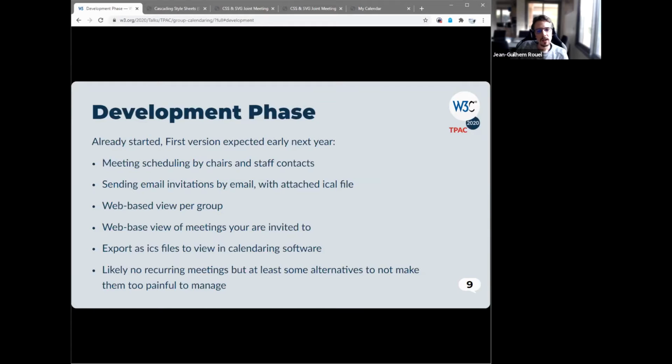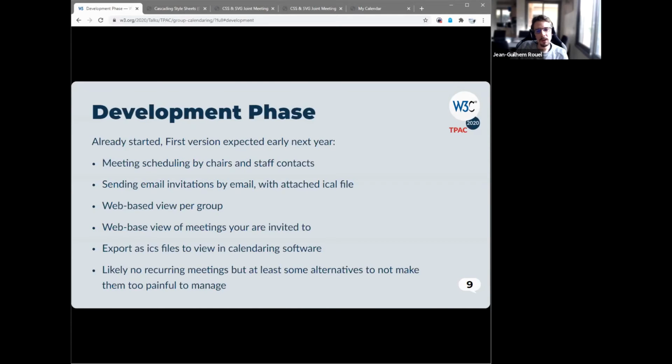Chairs and staff contacts will be able to schedule meetings and joint meetings. Invitations will be sent by email along with an attached ICS file, so they can add those events to their own calendars.